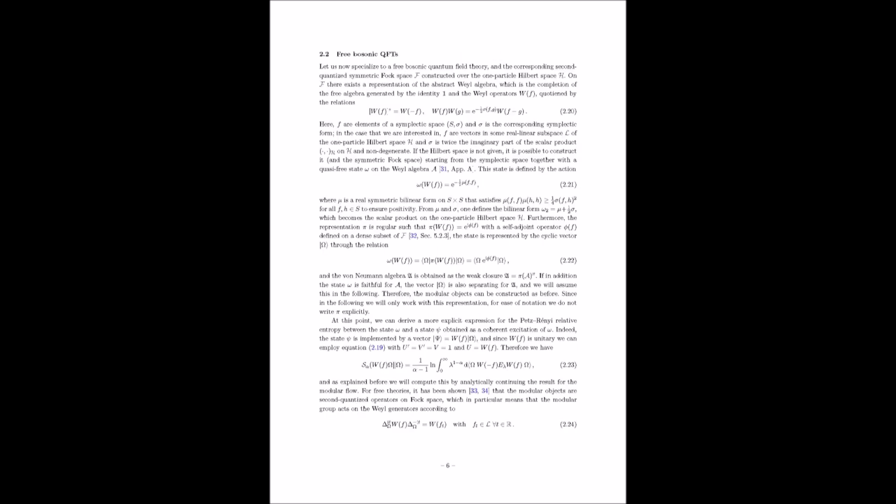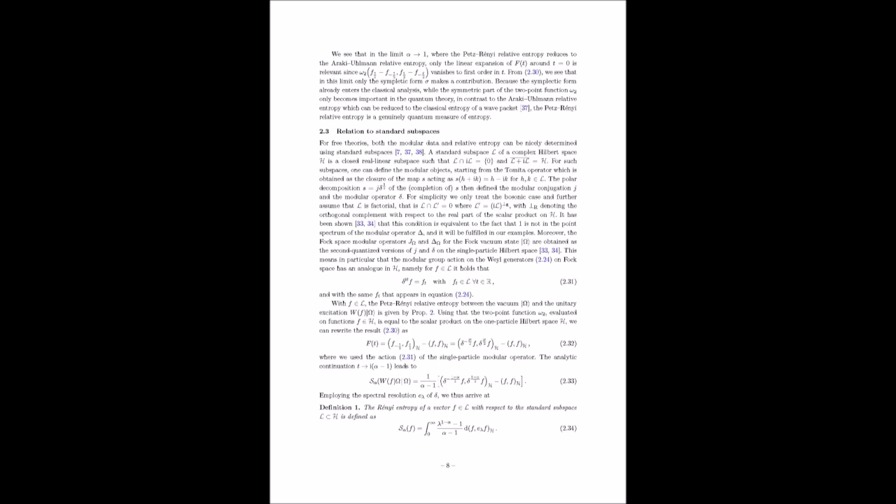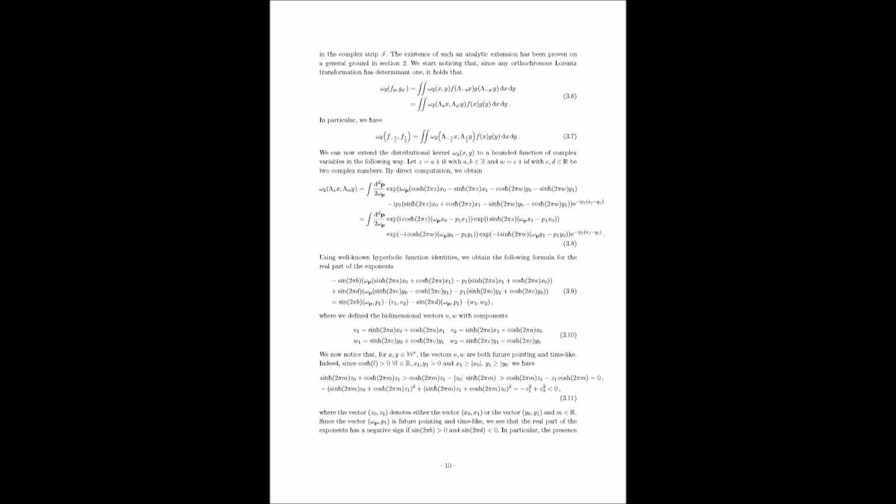It's defined as the closure of a specific map, as you can see in equation 2.1. Equation 2.1. Okay, got it. Now, for those of us who aren't fluent in operator theory, what exactly does this definition tell us? Well, think of it this way. The relative Tomita operator captures the relationship between two quantum states, and this definition ensures it has the right mathematical properties to do so. Okay, so it's kind of like a mathematical tool specifically designed to probe the relationship between two quantum states. Exactly. It lays the foundation for understanding how they differ from each other.